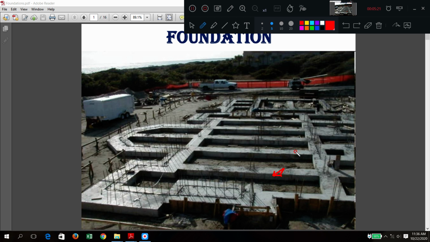Whatever you have studied, all those things are textbook concepts. Now at an actual site, there is a mixture of all the things. You will not be able to see one single spread footing like that. According to the design, whatever the requirement, the design is made to fulfill that. So you can see all the things: strap beam is also there, combined footing is there, like this everything is there.